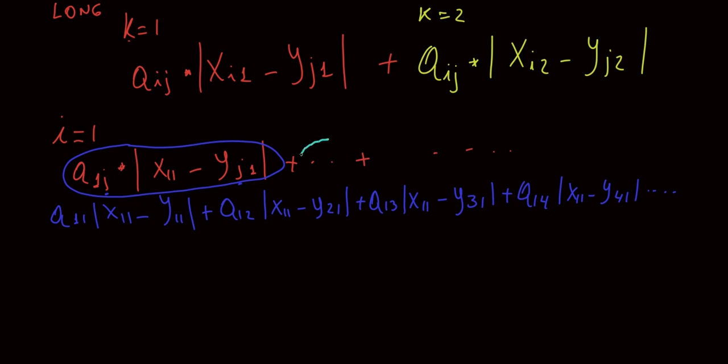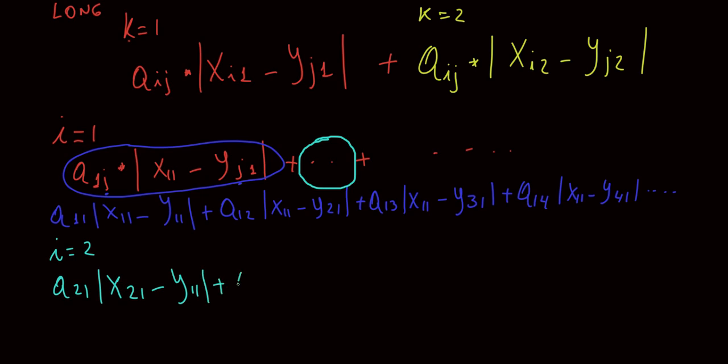Here you have another term for i equal to 2. For i equal to 2, essentially you will have these terms: a_21, remember, here instead of i equal to 1, this time it is going to be 2, so a_21 times x_21 minus y_11,